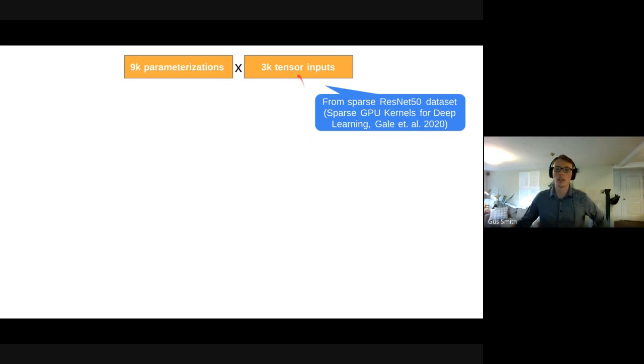So essentially, this is a representative set of sparse tensor inputs that you would see in real life used in a sparse dense matrix multiplication in real workloads. And so this gives us a space of about 27 million points to choose from. So far and away, plenty of room here for drawing a training data set and training a model.